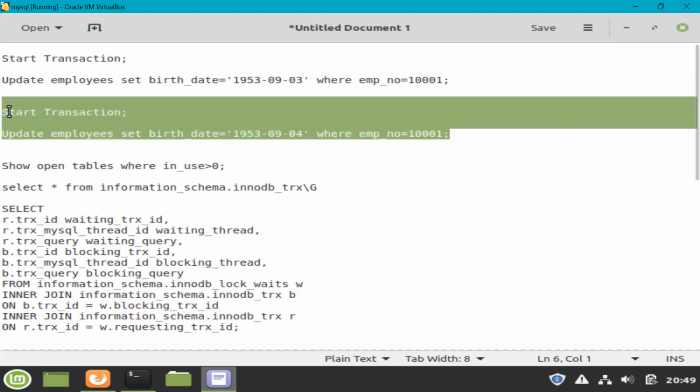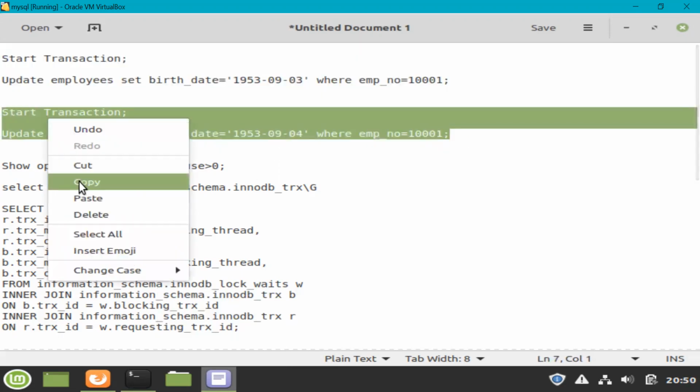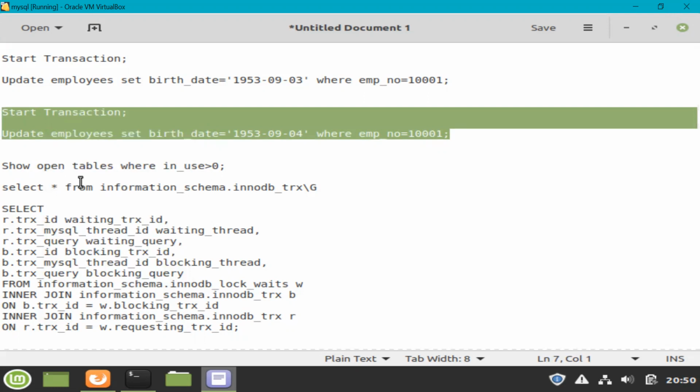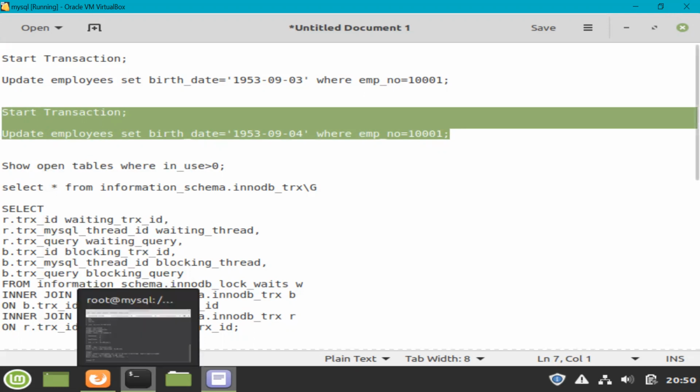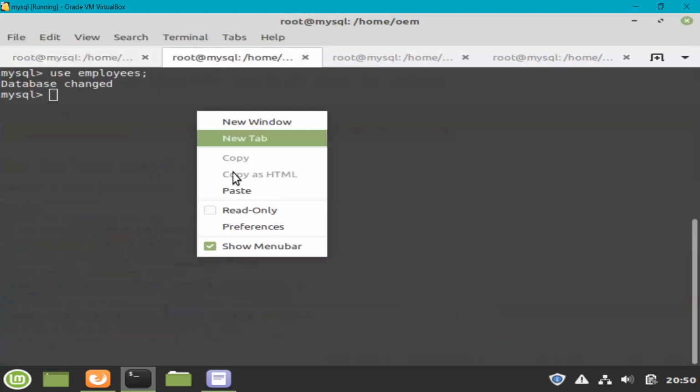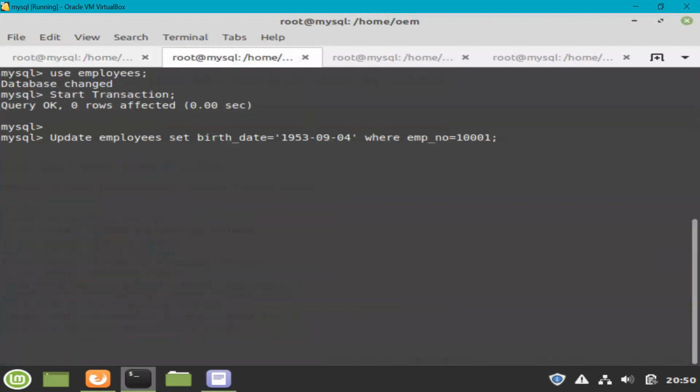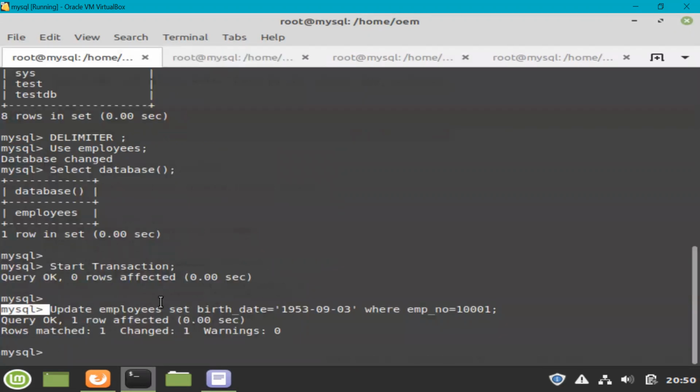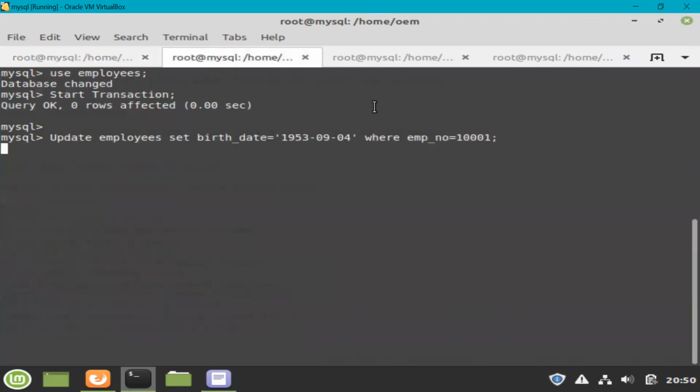Now I'm going to copy this command, and you don't have to write the command because I will provide the command in the video itself, so you can find it on YouTube. You don't have to write any command while watching this video. I'm going to run this command from another window. And now this command is blocked. You can see that the first update ran immediately and it says the matched row was one, and it also changed that row, but here it is blocked.